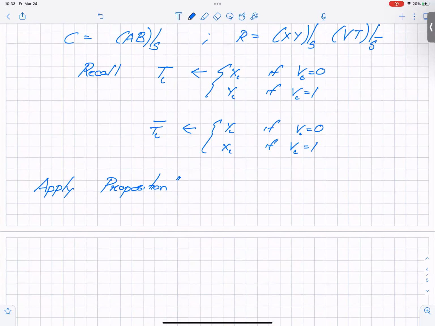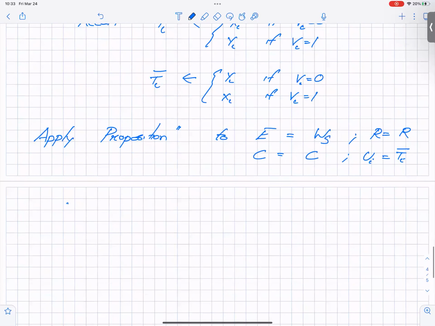What we will do is apply proposition 2 with E being equal to WS. E is the event WS. C is going to be the event C itself, what we had. R is also going to be R equals R. And for UI we will apply the event TI bar. Okay. So we get